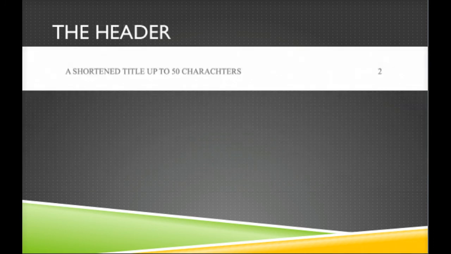Beginning on the second page, we'll see something that looks a little bit like the running head, but is actually a little bit different. This feature is called the header. And the header is sometimes a bit shorter than the running head, but again, it's a similar shortened version of the title. We also see on the right-hand side the page number, in this case, page number 2. You'll want to get to use the headers and footers feature in Microsoft Word and pay very close attention to how they're used. This will save you a lot of time rather than writing it the old-fashioned way.